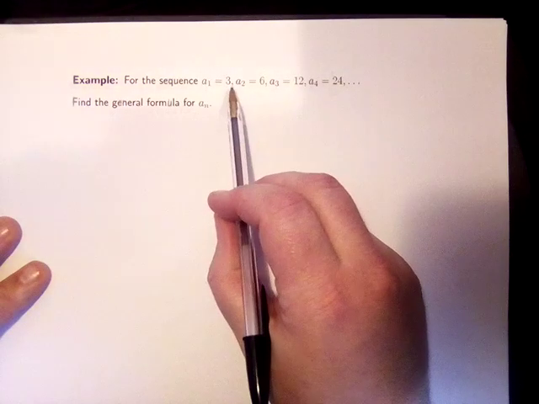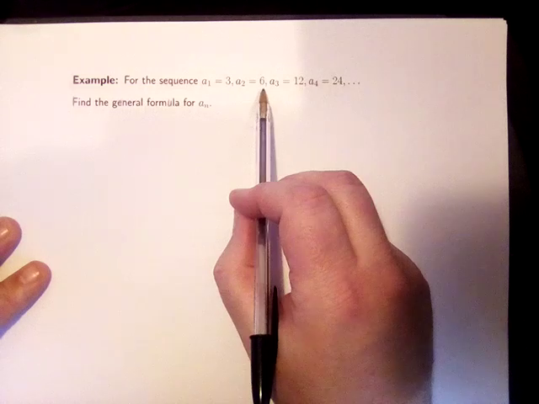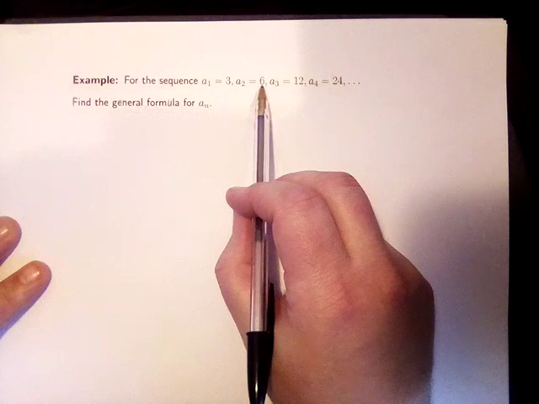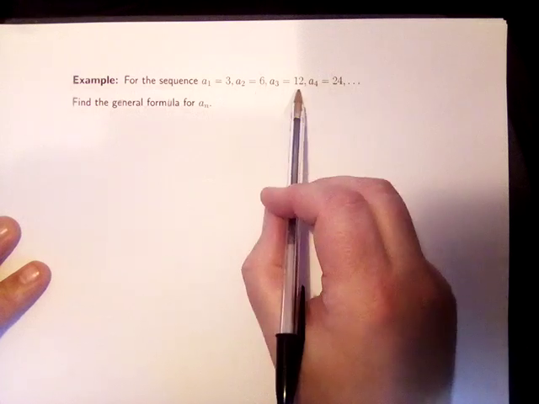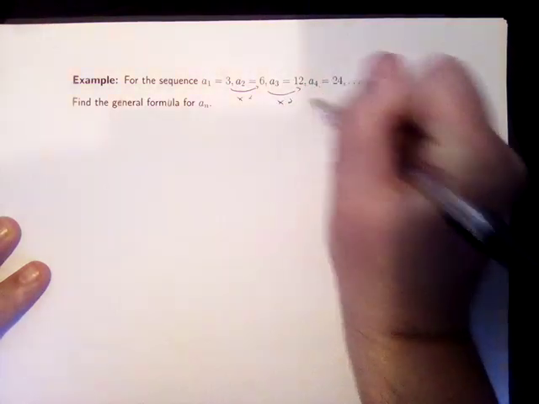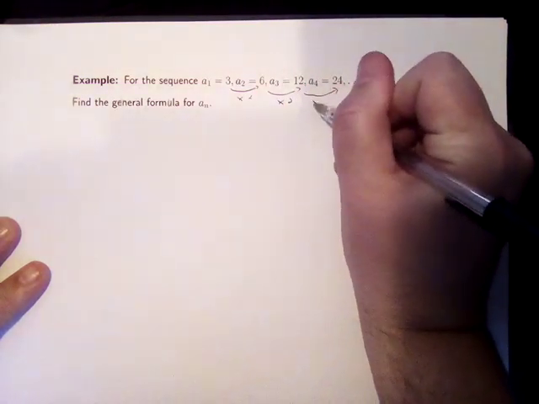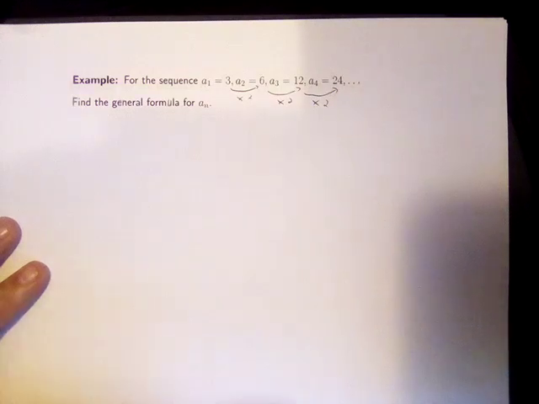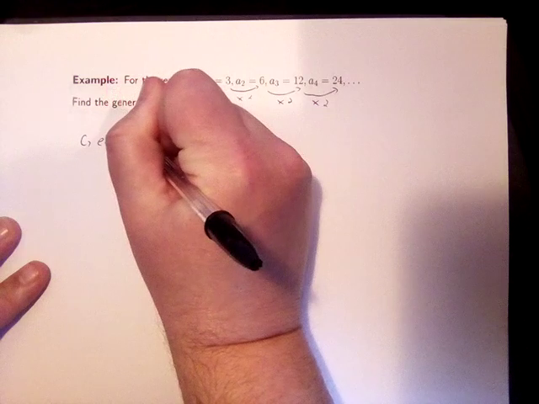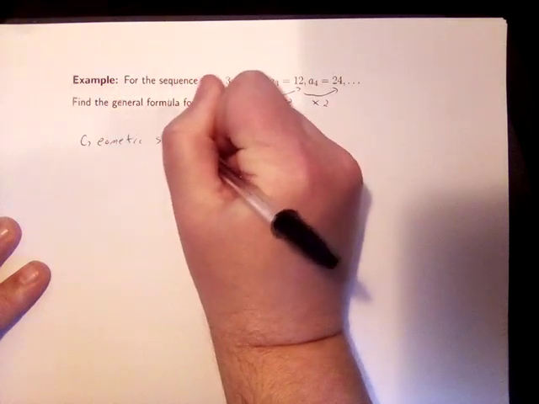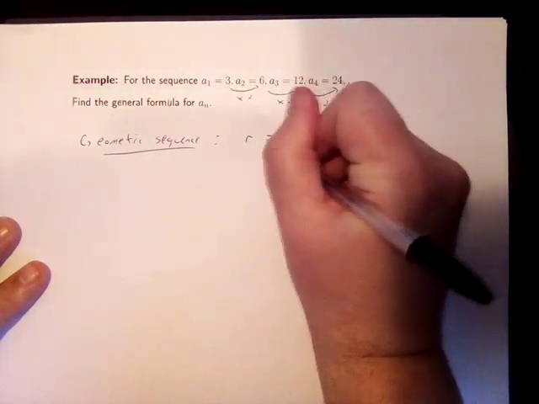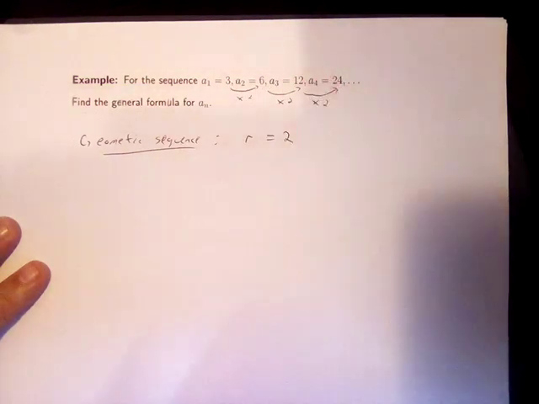And if it's geometric, then we'd be changing each time by multiplying by the same amount. To go from 3 to 6, you would multiply by 2. To go from 6 to 12, you would also multiply by 2. To go from 12 to 24, you would also multiply by 2. So then we can say that this is definitely a geometric sequence. And it's a geometric sequence where the common ratio, the amount that we're going up by each time via multiplication,